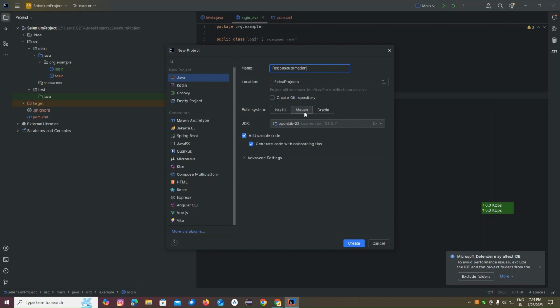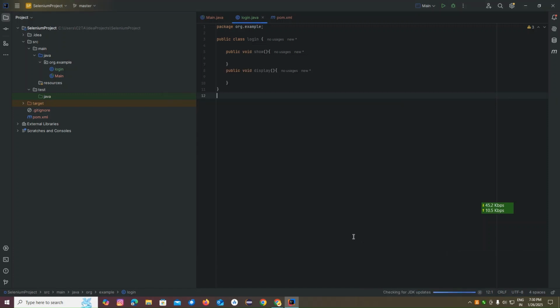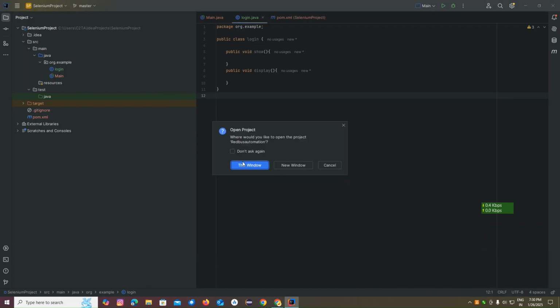You can see it's asking which build tool you want. I'm using Maven. It also asks if I want to create a GitHub repository for this RedBus automation, so I'm just clicking to link this with GitHub. GitHub is where we can push the code and keep it as a central repository. I'll just click Create. It's going to create one project. It will ask which window, this window or new window. I'll click